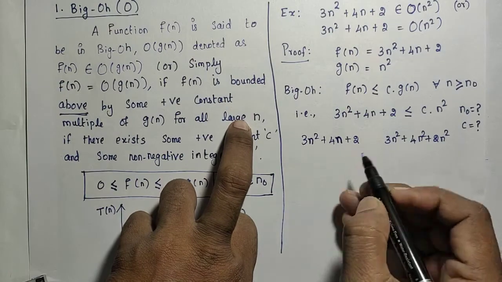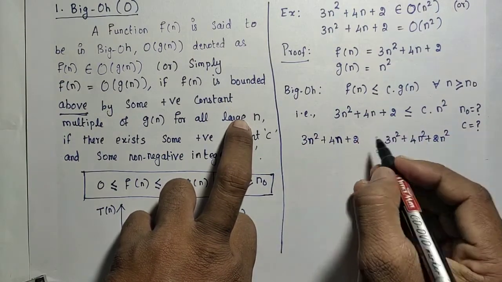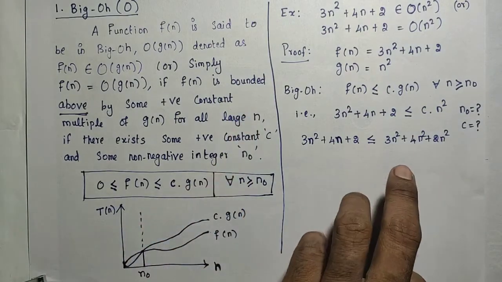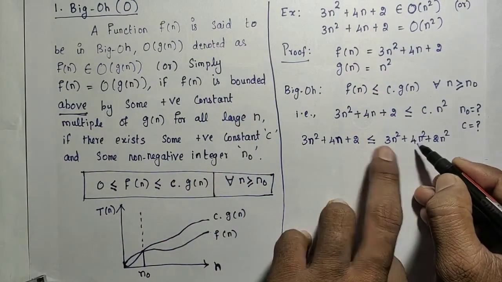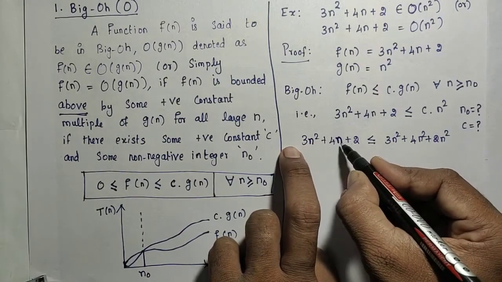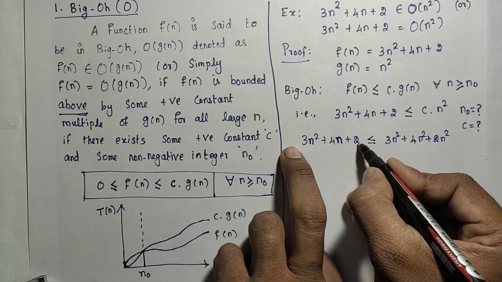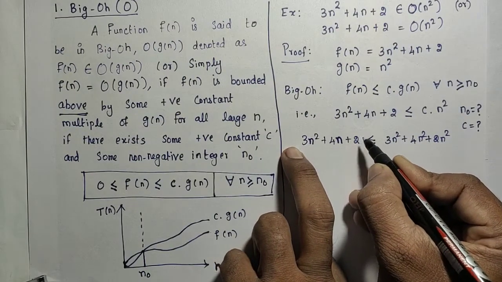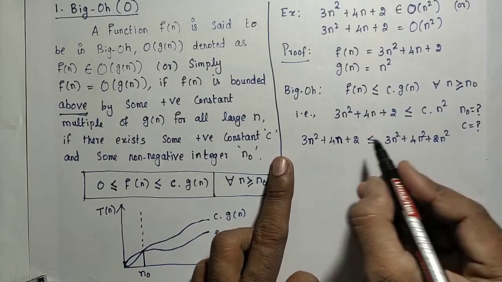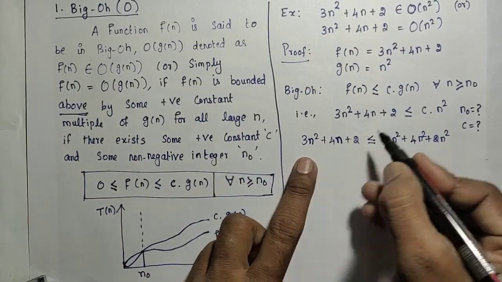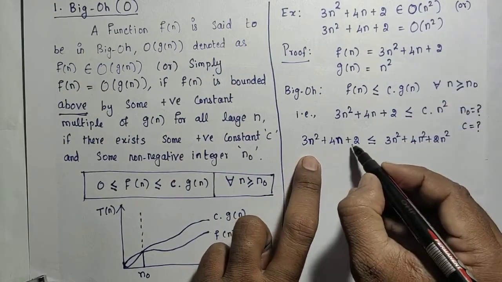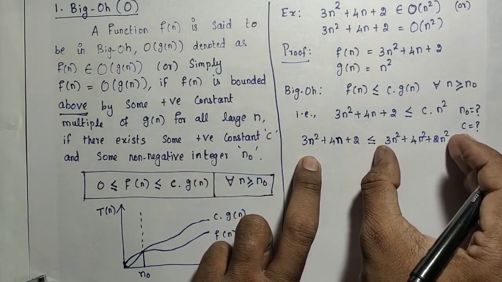It means that this multiplied new value must be greater than or equal to this term, correct? Since we increase the n term to n squared, and this constant term to n squared, this must be greater than the original term. So just simply raise all the powers to the given power, that is O of n squared, which is given, so all the powers to square. So we are obtaining this one.